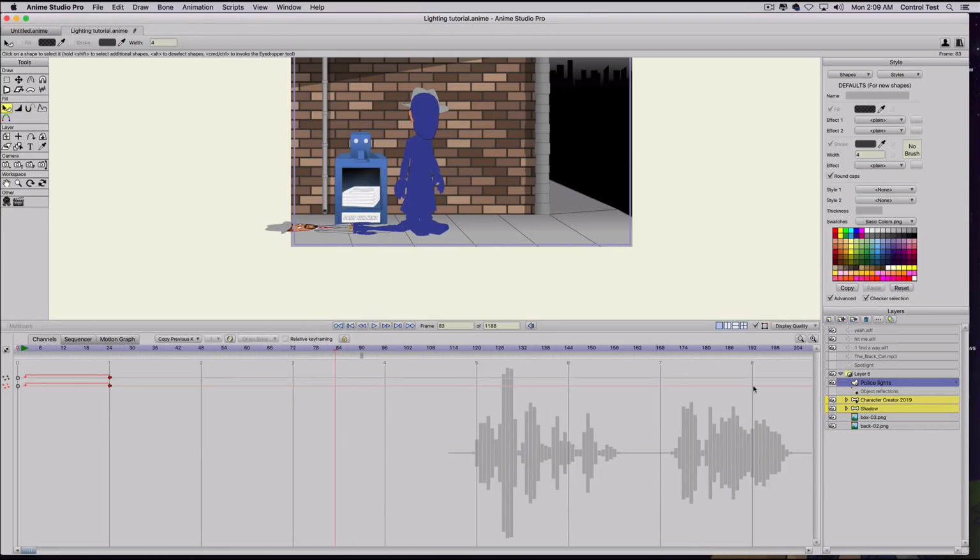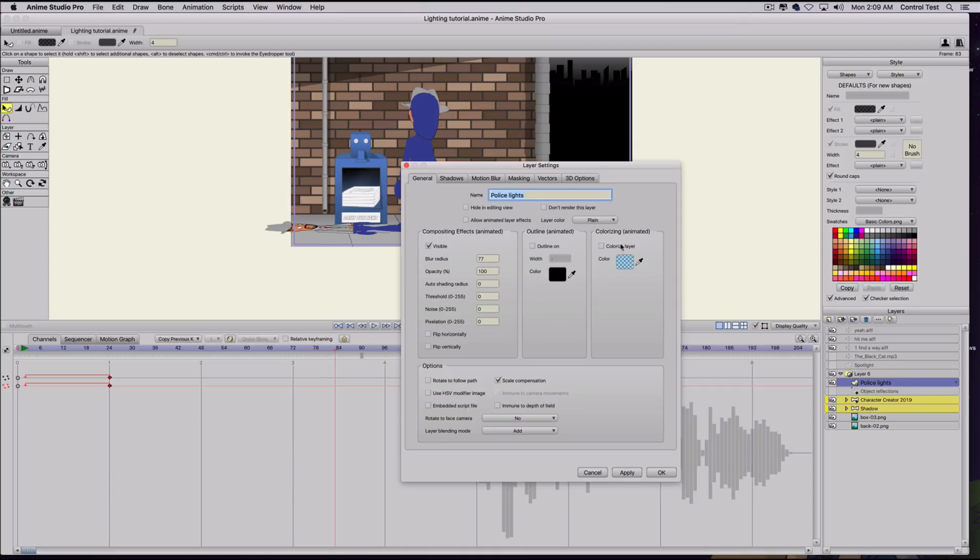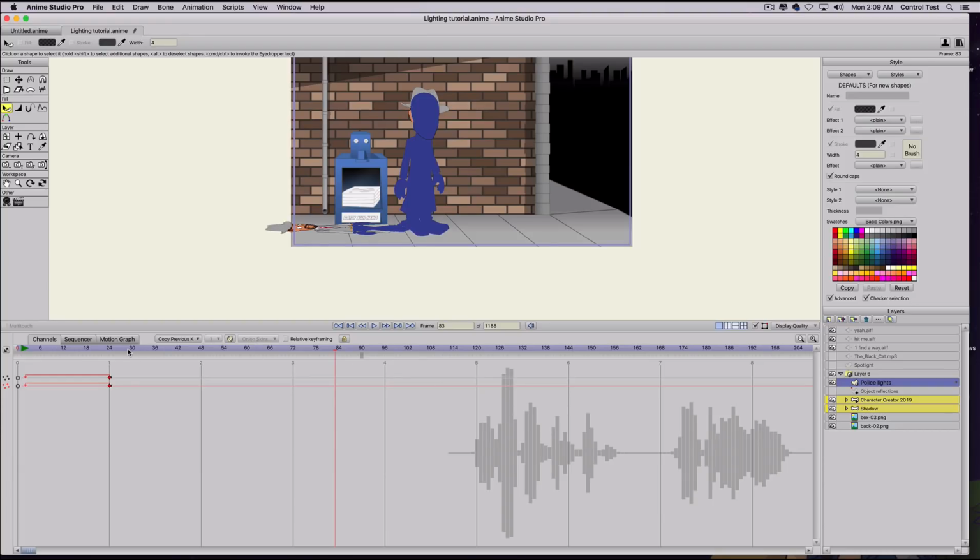But remember to double click your layer properties and change the layer blending mode to add. You can change it to all these. There's a lot of different effects that you can try out, but for this one I chose to use add because that just looks more like lights flashing. And then